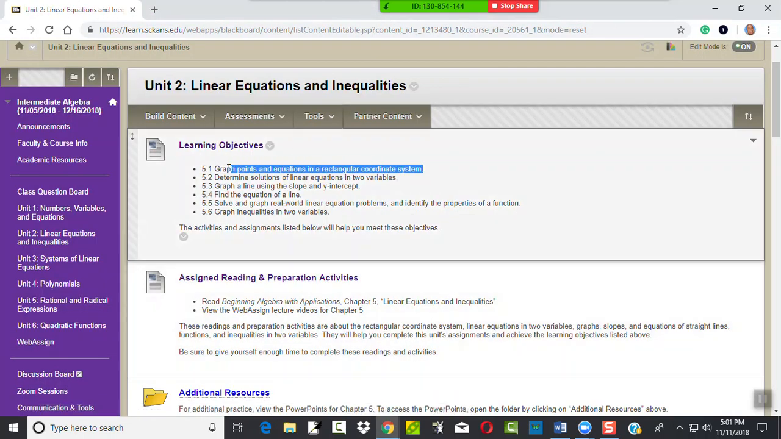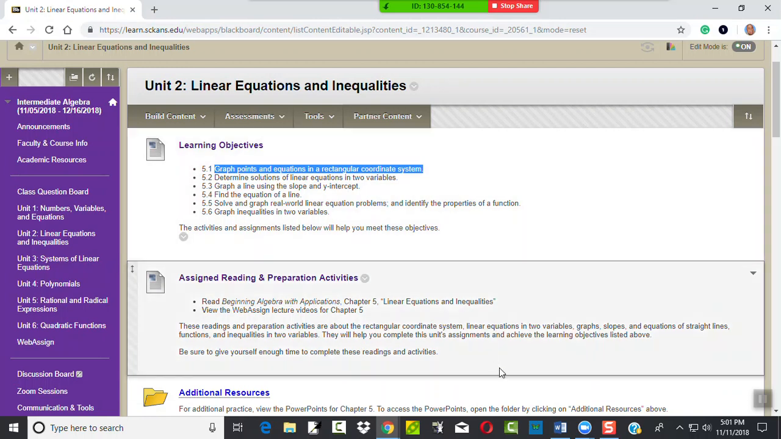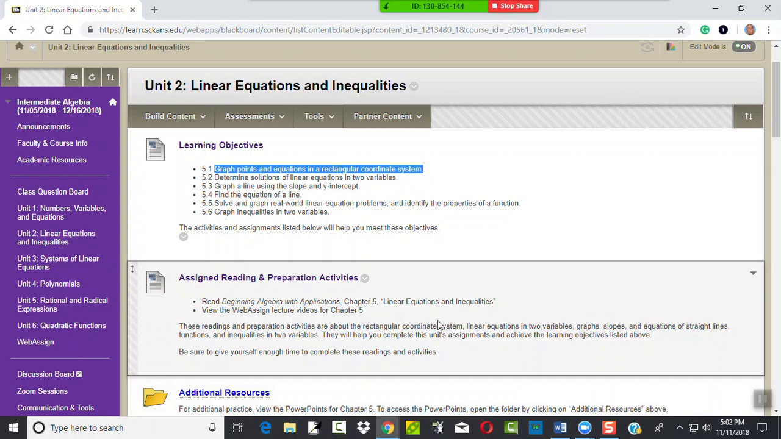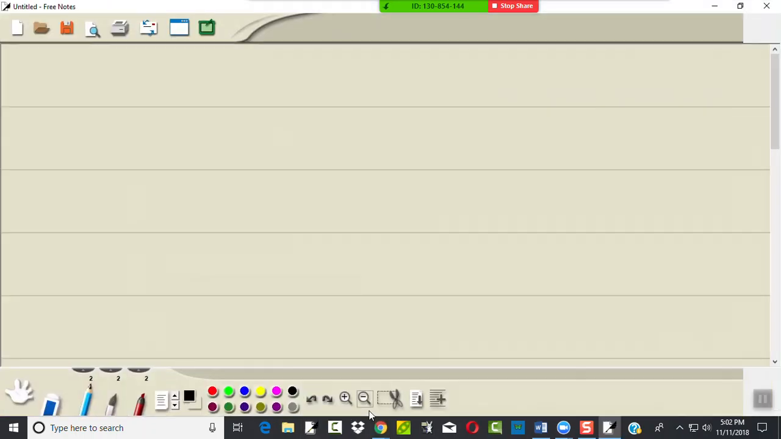Graph points and equations in a rectangular coordinate system. Let's talk about that. As soon as I get my tablet, there it is. We got a rectangular coordinate system. And this line going here is the x-axis. This line going up and down is our y-axis. Now, if we look at the numbering on them,